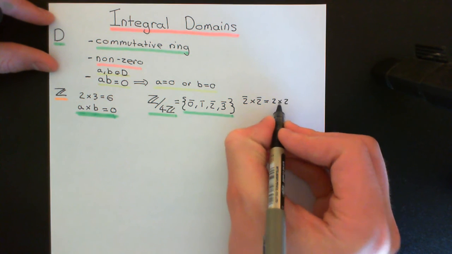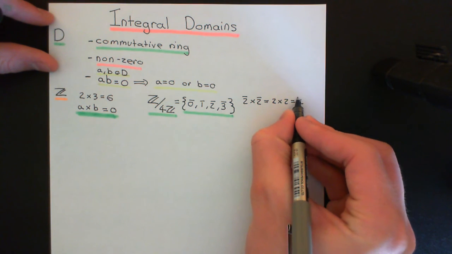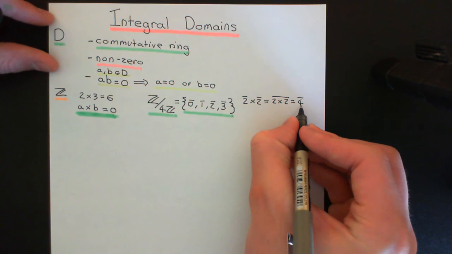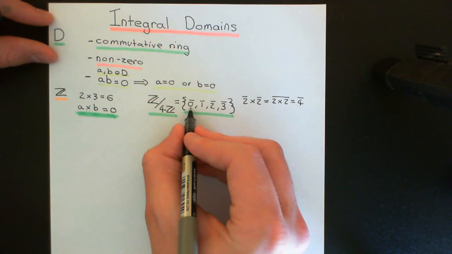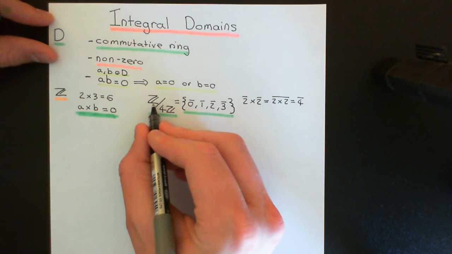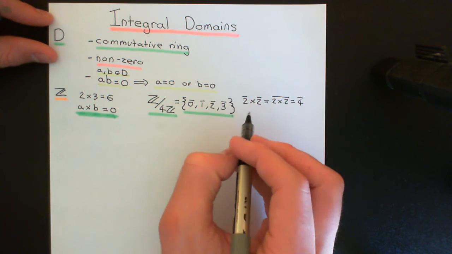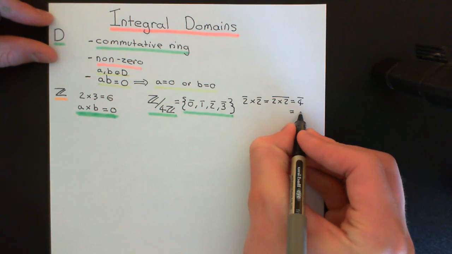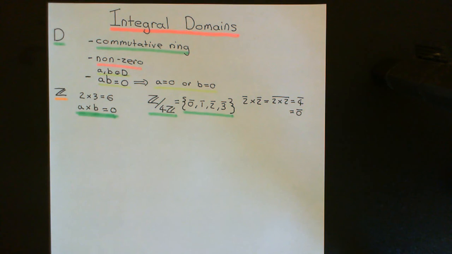We'll multiply them together in the initial integers, and of course we'll get 4 there, and then we'll take the coset that contains that answer. Okay, and which coset contains 4? Well, of course 4 is going to be in the same coset as 0, because that's the ideal that we've quotiented out by. It's all integer multiples of 4, and 4 is certainly an integer multiple of 4. So this is actually the same as 0 bar,